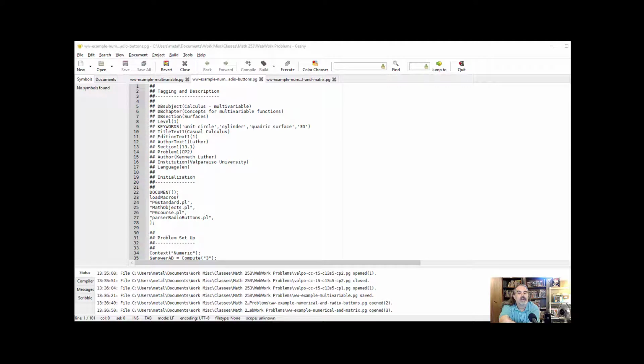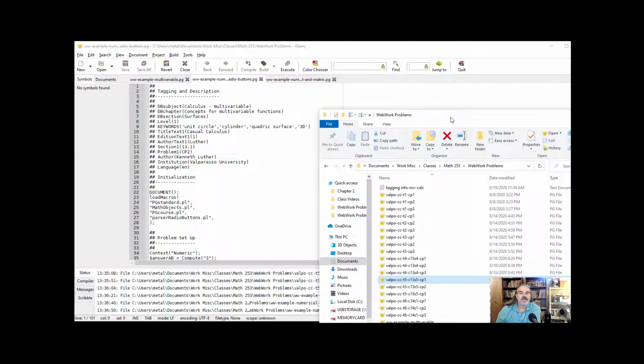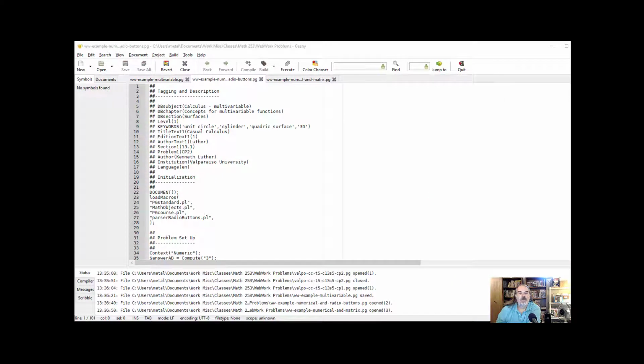We are going to take a look at the internal structure of a WebWork problem file. So these problem files are the ones that I have a collection of, and I will pass them along as needed. Here is an example of a directory for Calc 3 where I have a whole bunch of problem files that I've already built. And so we are going to open up a couple of these that I've also renamed